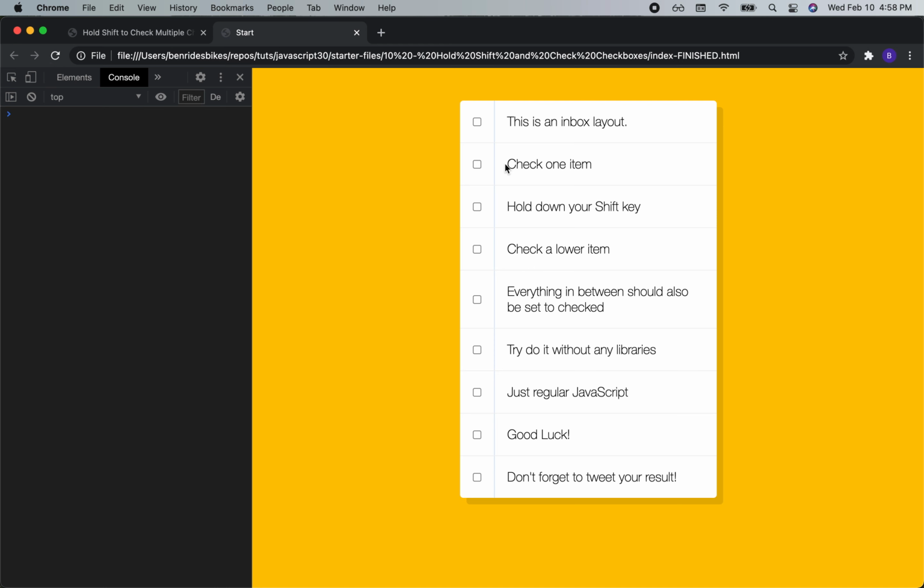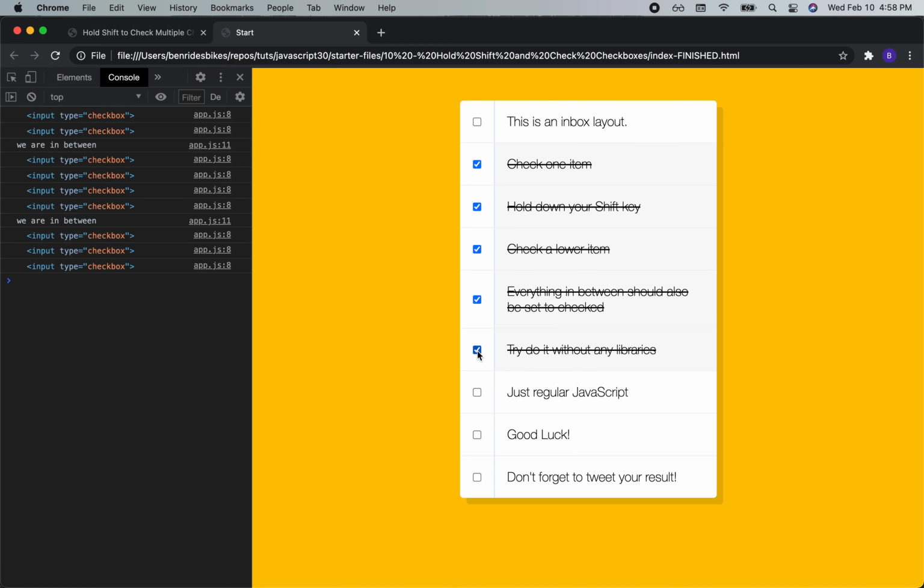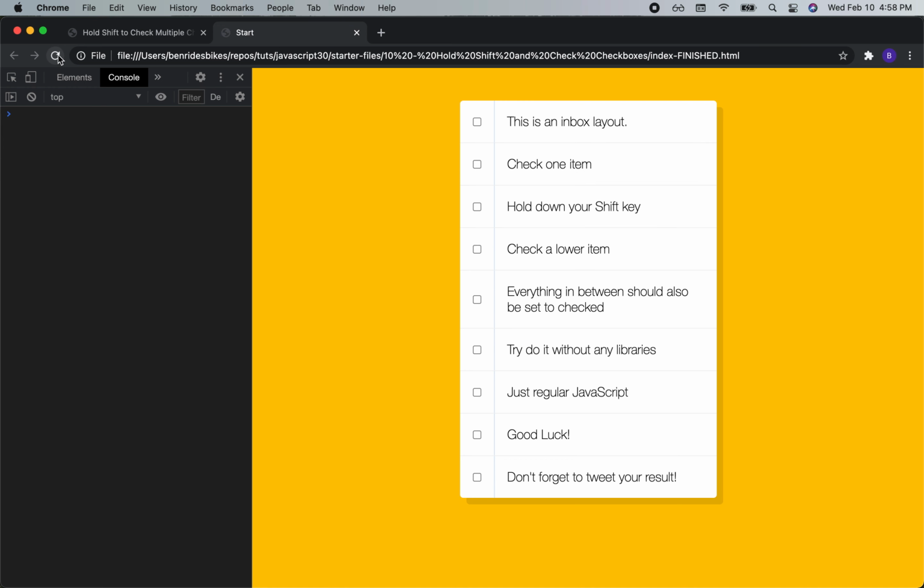Let's refresh. I'm going to press this one. I'm holding the Shift key, and then there we go. And just to show that it works going in the other direction, now I'm holding the Shift key,